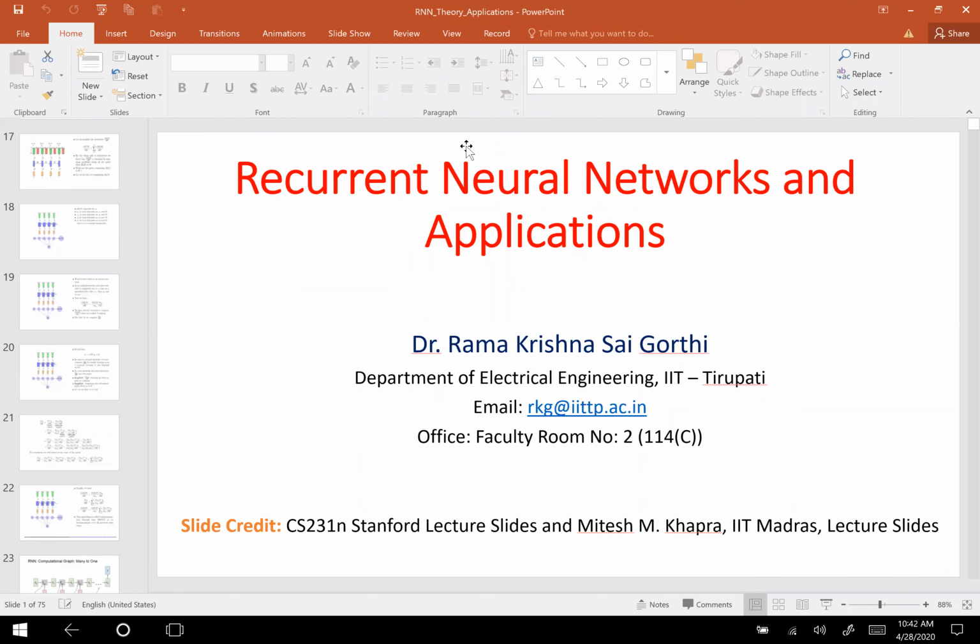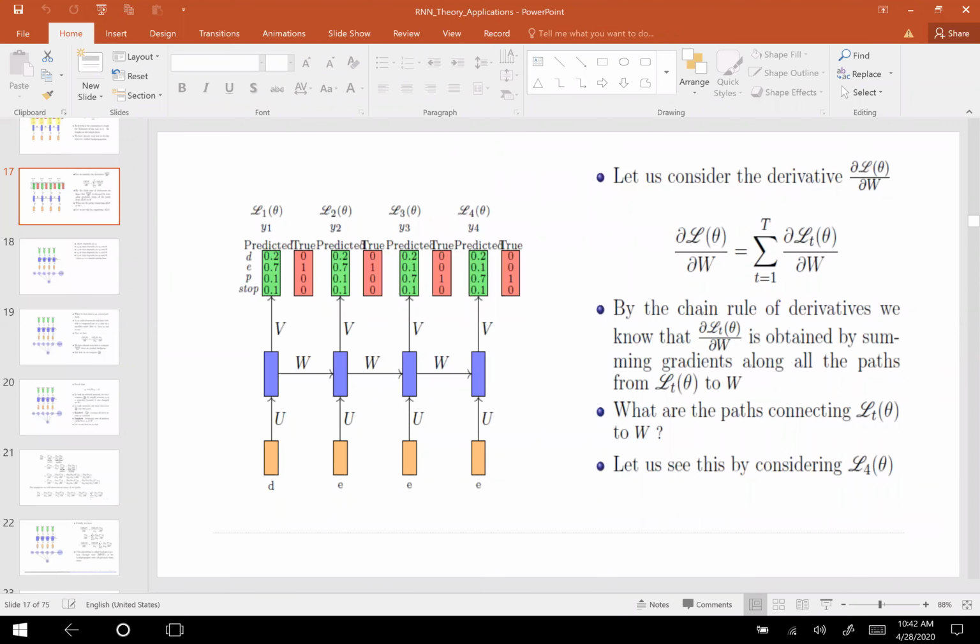So essentially, in a recurrent neural network framework, please note that I have taken some slides for the discussion from Professor Mitesh Khapra's IIT Madras video lectures, and some slides are from Professor Fei-Fei Li's team. I would like to acknowledge both. The theoretical derivations are well discussed in Professor Khapra's lectures, and the overall discussion, for example how the vanishing and diminishing gradients problem arises and how it can be tackled, was simplified in Professor Fei-Fei's lectures.